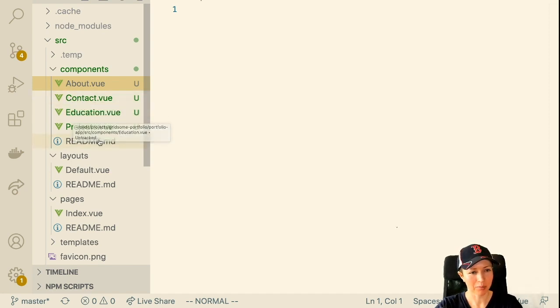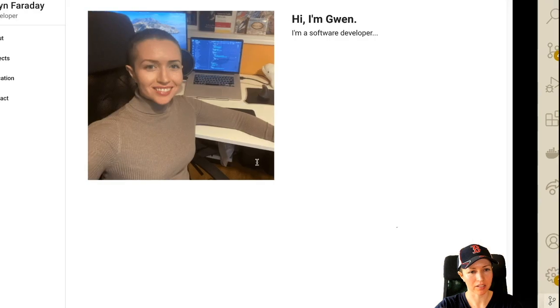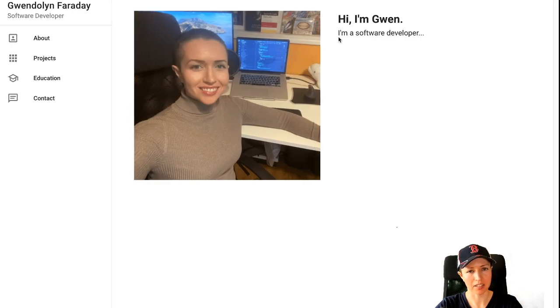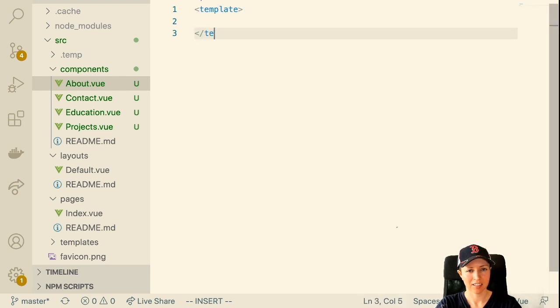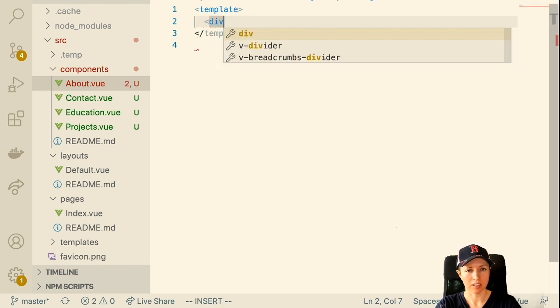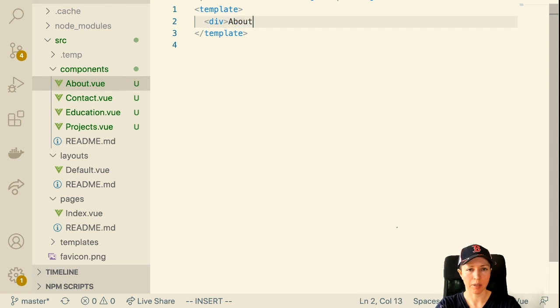Okay, now what was I doing? So I have this top part, which can use a little bit of styling, but I might do that later. And then the next section will be about. So I'm going to create the template here. Template. And close the template. I don't know why my autocomplete's not working. Inside here, I'll put a div that says about,